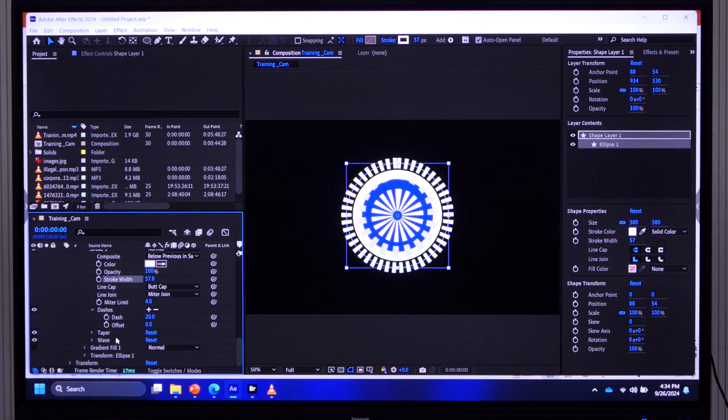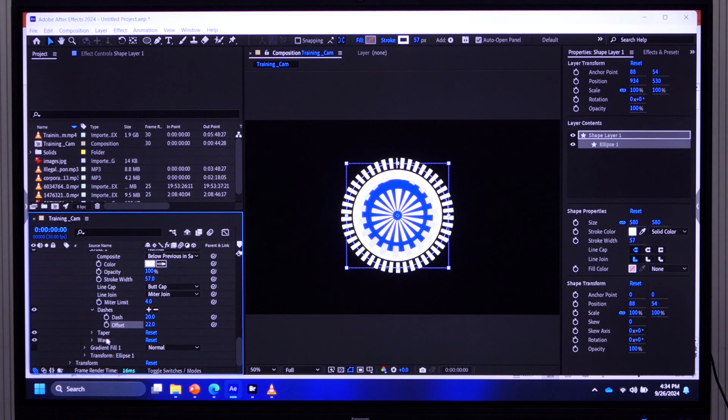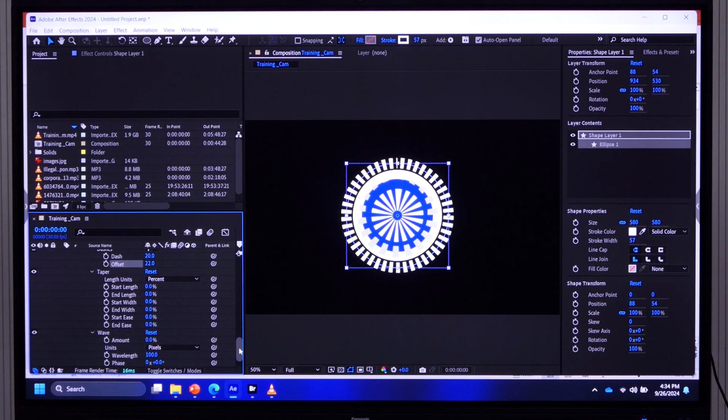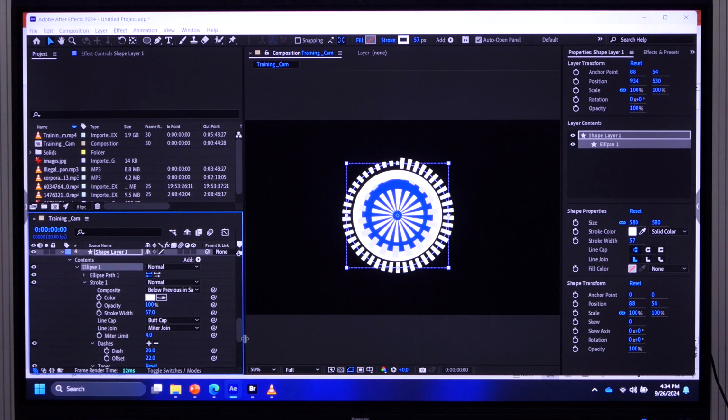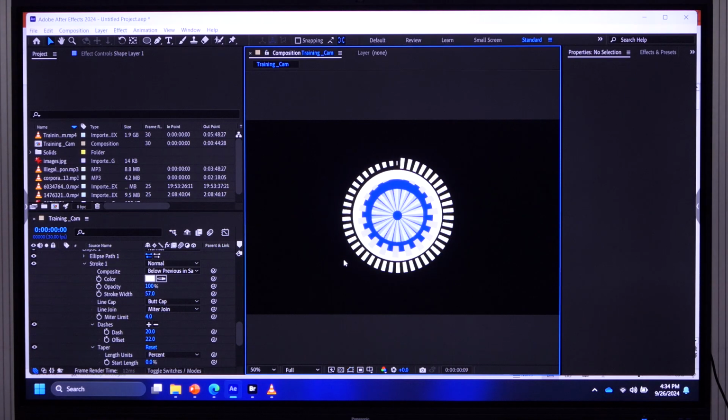Increase the width. In the position, if I play,